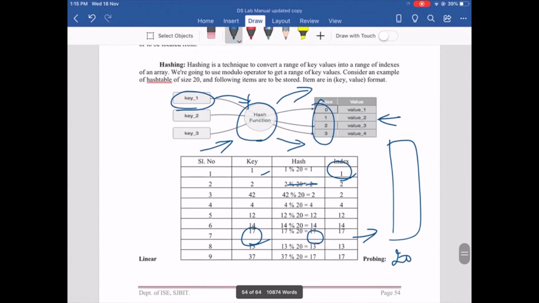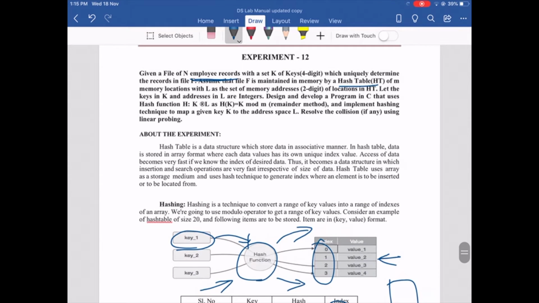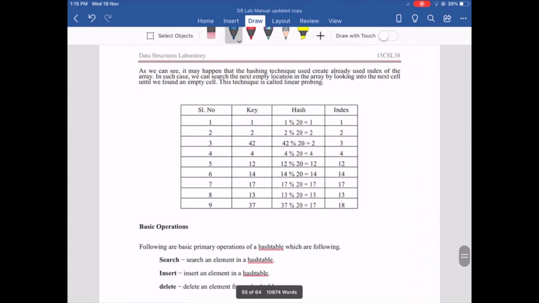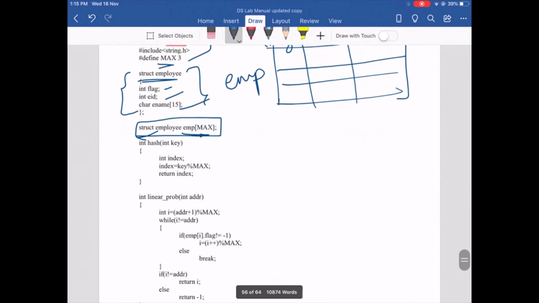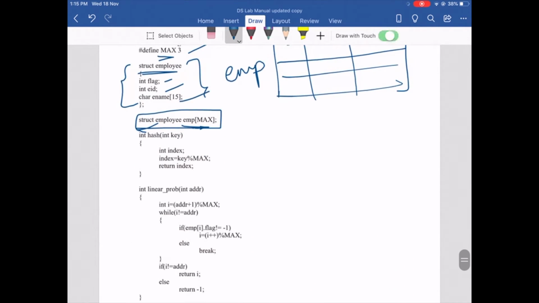The objective is to use the remainder method in order to insert the data. As you can see, the remainder method looks somewhat like this. The key is taken and it is modulus with the memory size, and it will give you the address as the output. Let us take a look at the hash function first. It is taking the key as input, and key mod max will give you the remainder on division.